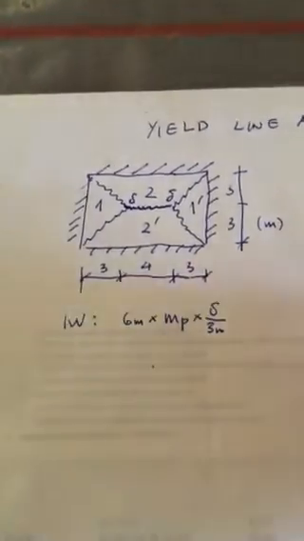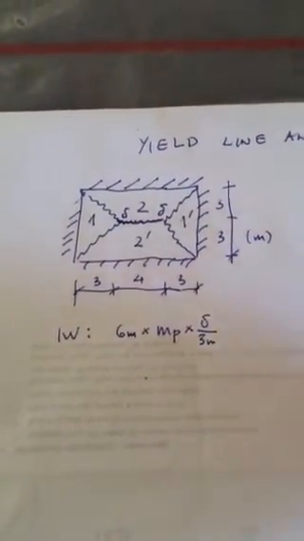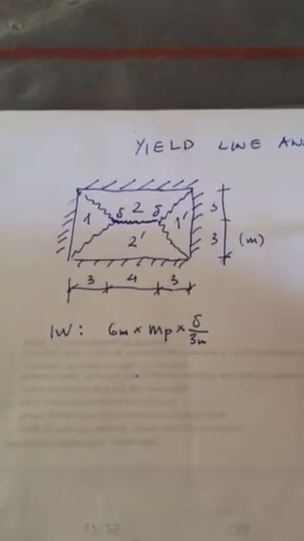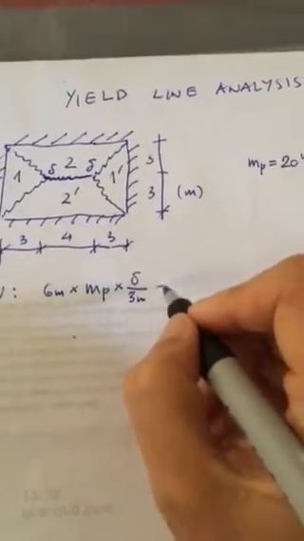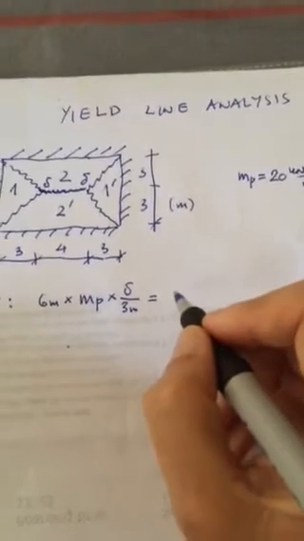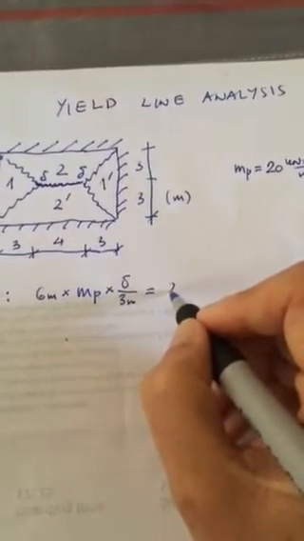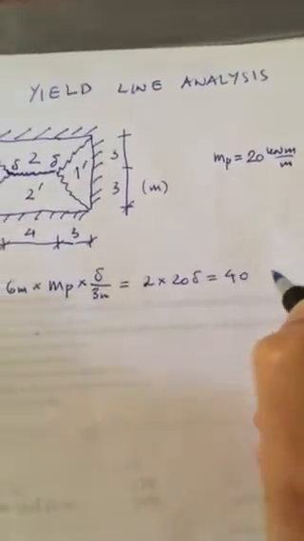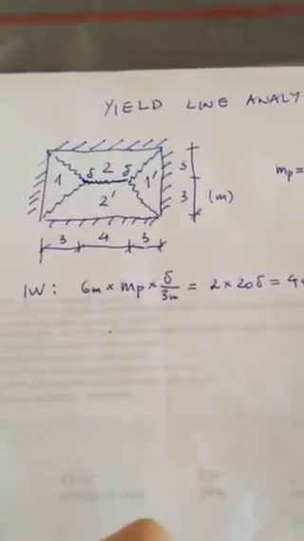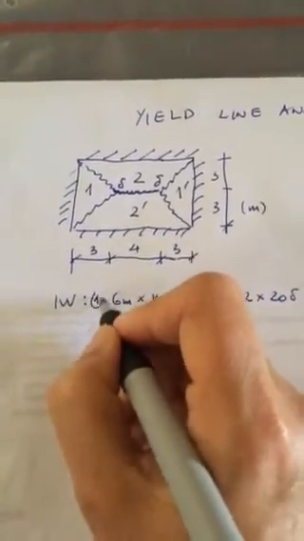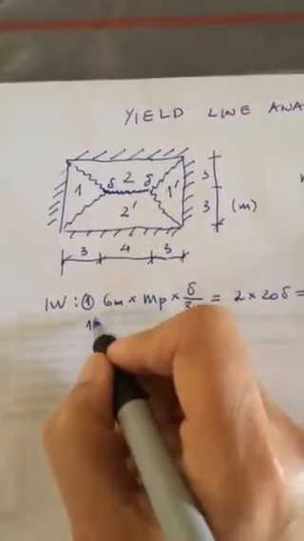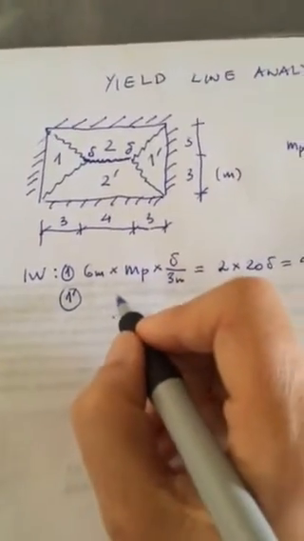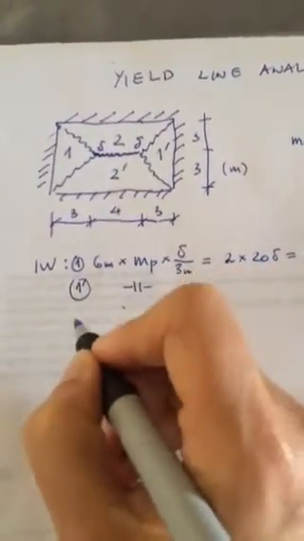And if we know that the moment of resistance, say, is 20 kilonewton meter per meter width, then we can find the internal work as 2 times 20 delta, so it's 40 delta. This is for element 1. For element 1 dash, it's exactly the same. For element 2,